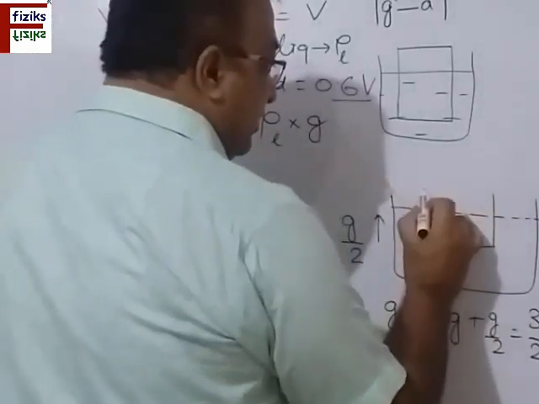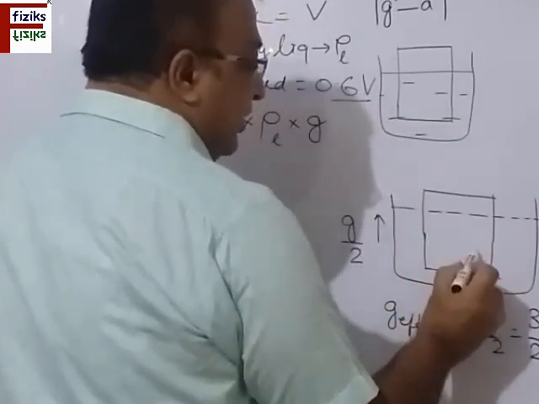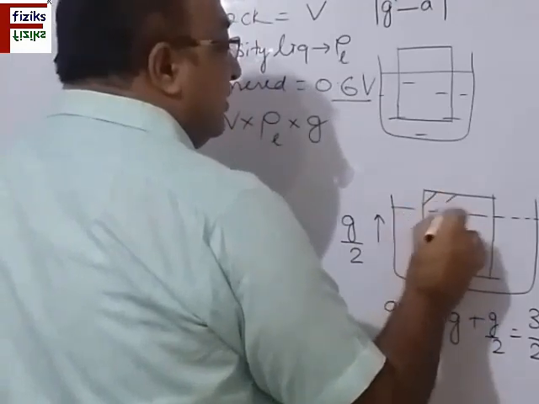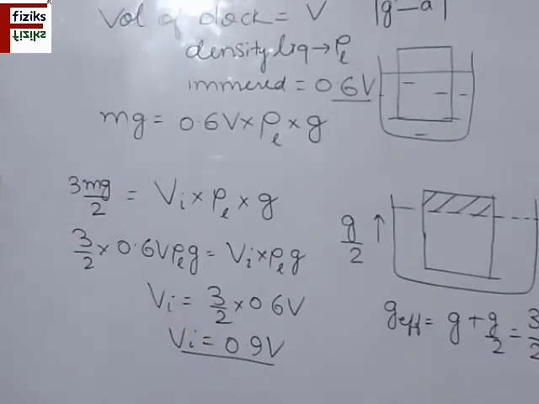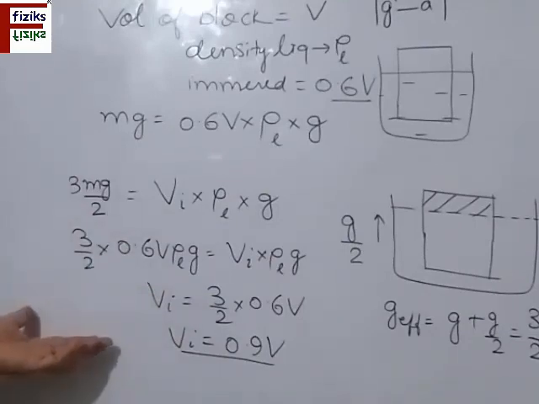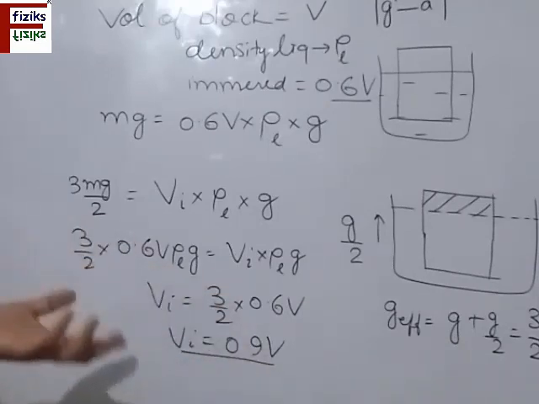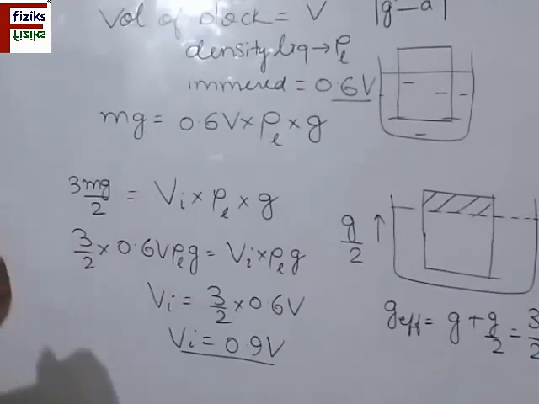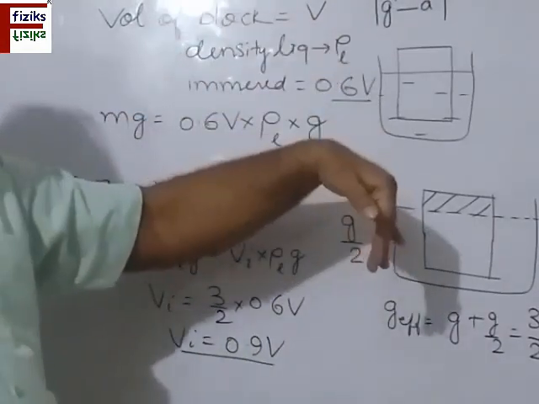So I can show it. Only 1/10 is outside water and 9 by 10th is inside water. So immersed is 90% and outside is only this 10%. So you can see that if a body is kept immersed in liquid and that system is kept in a lift which is moving upside, in that case the buoyancy force is changing. So more portion of it is immersed, 90%, so buoyancy force will be more, it will be increasing. Similarly, you can discuss what will be the case when the lift is moving in the downward direction.